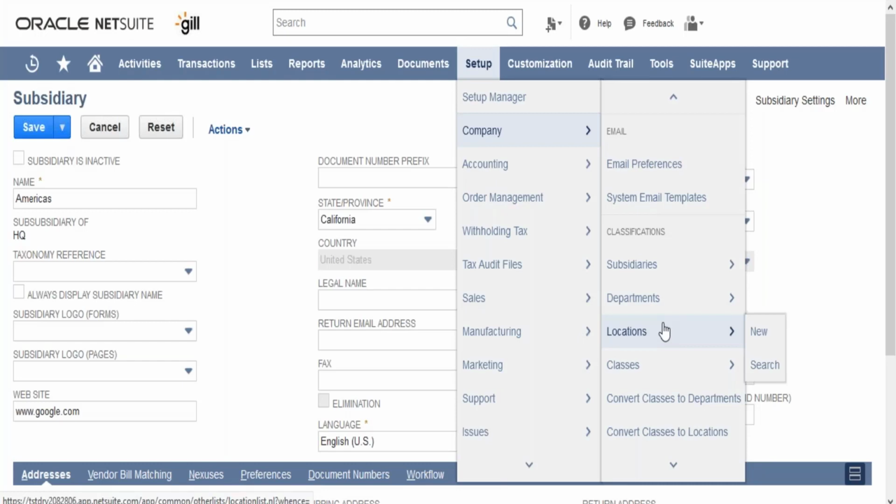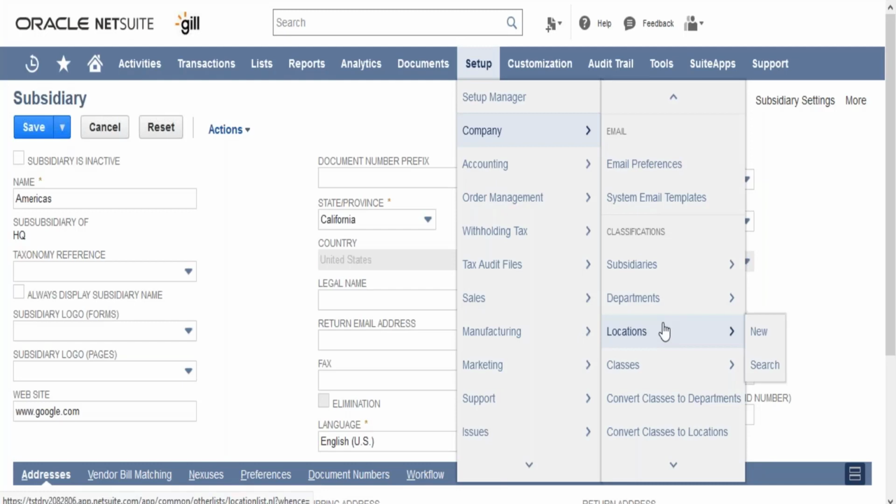So under Tata Group, we have Tata Motors. Okay, Tata Motors might have their branch or office in Pune. Some might have in Bangalore as well. Some in Delhi. Similarly, if we talk about Tata Tea, it might have their office in Mumbai. They might also have their office in Pune. So we can create various locations in NetSuite. Okay, but the thing here is a location is always specific to a particular subsidiary.